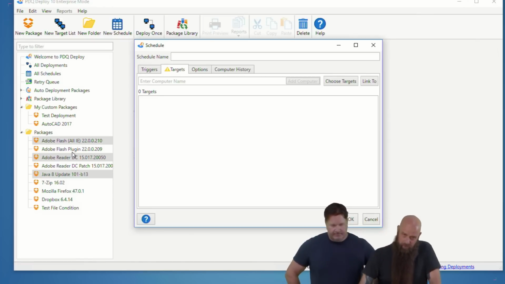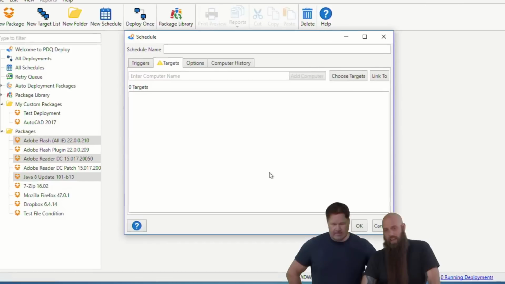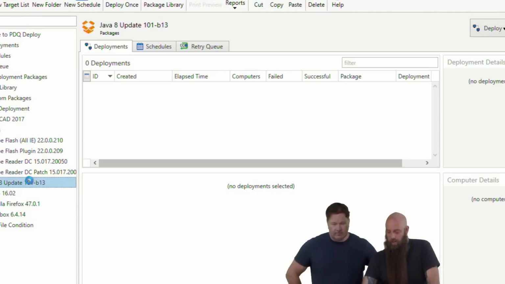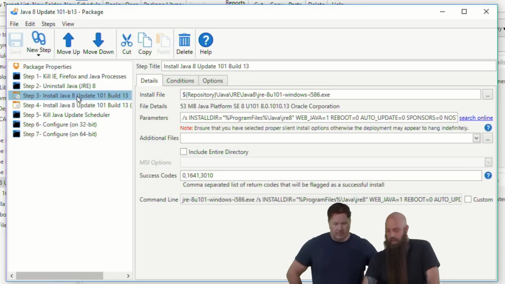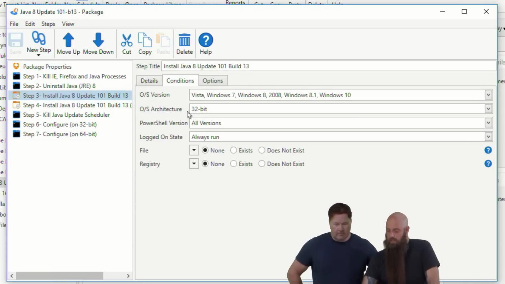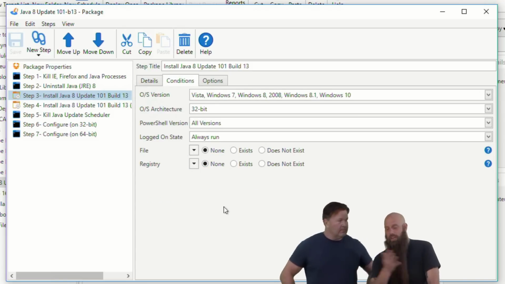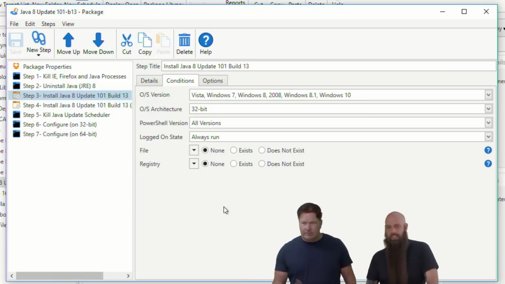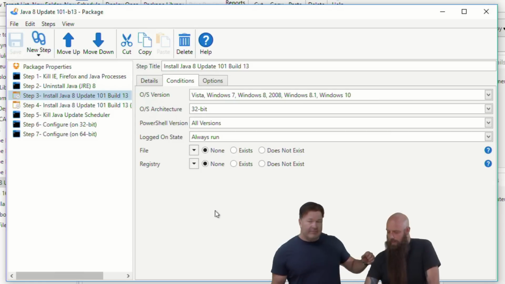So in these cases, you might want to take the extra time to go into your individual packages here and say, okay, let's create a condition. Let's create a file or registry condition. Look at the video from a couple weeks ago. Just say if you find this file, or if you find this file with this version, et cetera, or registry value, then install or don't install, et cetera. It's a little bit of extra work, but